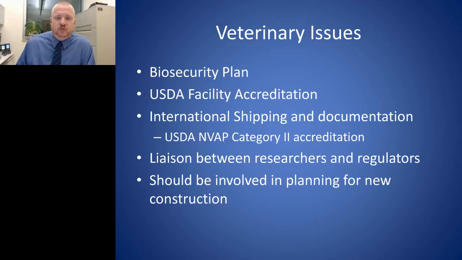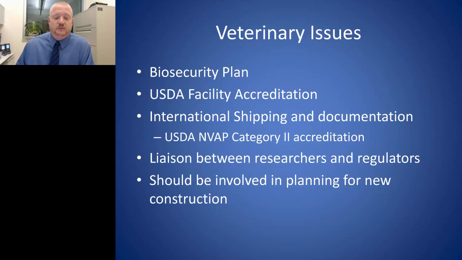It's also important to have a biosecurity plan, and that involves everything from who enters the facility to how your nets are handled to food intake. There's just lots of different ways that pathogens can enter your facility. So if you've thought about that and made plans, you're ahead of the game. You also can get USDA facility accreditation. Even though these are not USDA covered species, if you're doing mass production, you need to have facility accreditation, and that can be done through USDA APHIS.